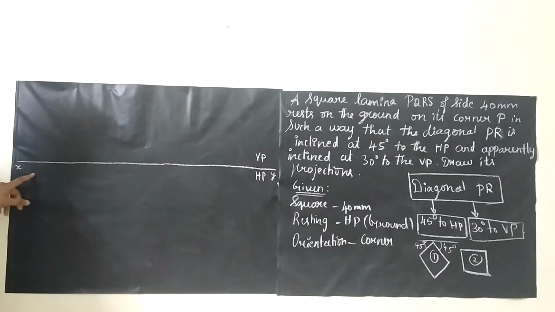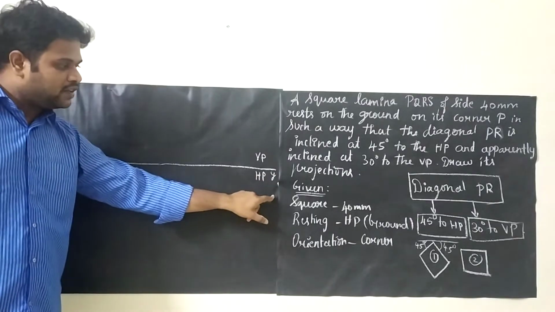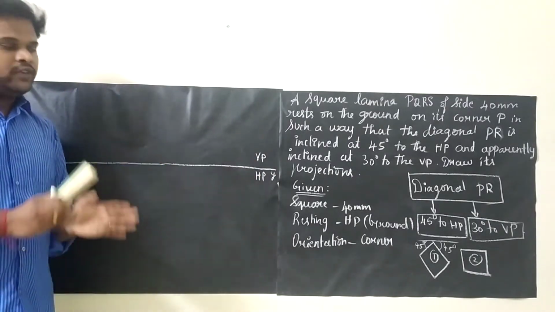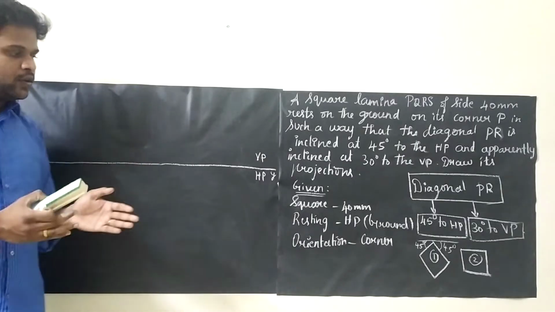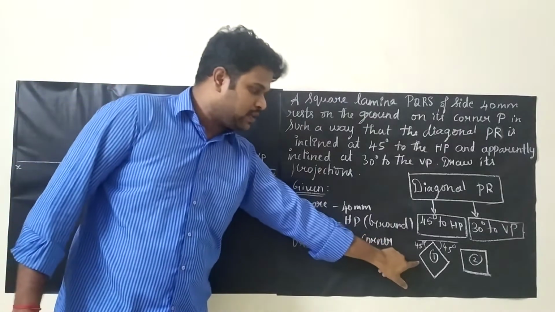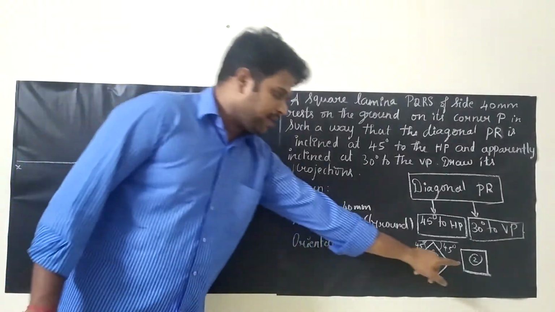First step is we need to draw a reference line. The reference line can be written as X and Y. Then we know very well that VP will be above and HP will be below. And second thing is we want to fix what kind of square we are going to draw. There are two kinds of square. So one will be like a rhombus, like this one type of square, and second type of square is like